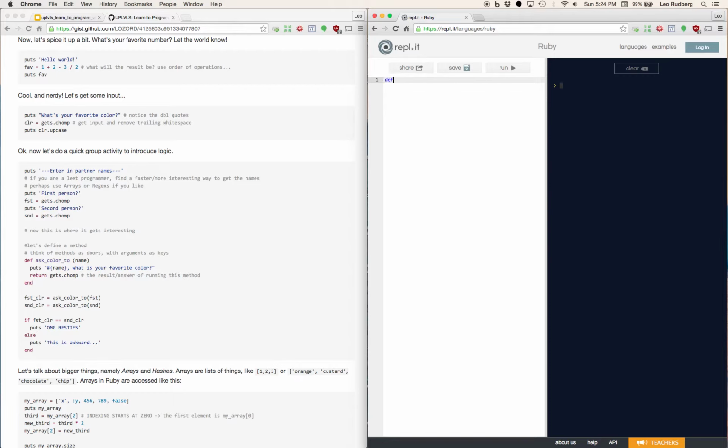So every method begins with the word def, and then the method name, and then the argument. I shouldn't put a space here. It doesn't make a difference, but the Ruby community suggests that you don't put a space in between the method name and the argument. And the argument has to go in parentheses. Then you do a new line, and then